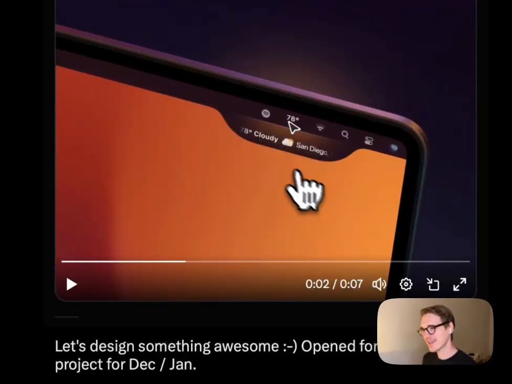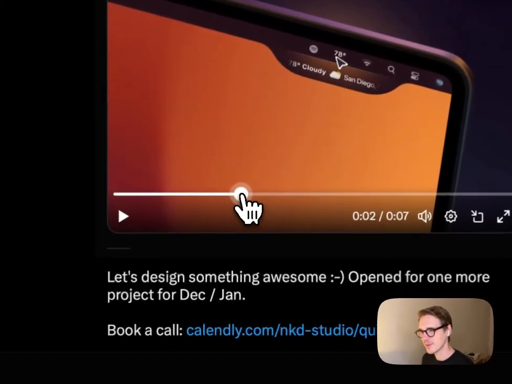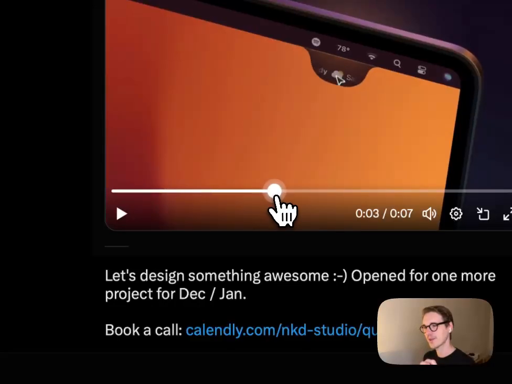And then we have this nice little drop down that looks similar to a dynamic island, only it's transparent and has this glow to it. So I think it's a little bit weird, but who knows how many iterations George went through to make this. Maybe this was the best one. Anyway, you can hover it, and when you click it, it shrinks a little bit, so you can see that you clicked it. And then you drag it out, it does